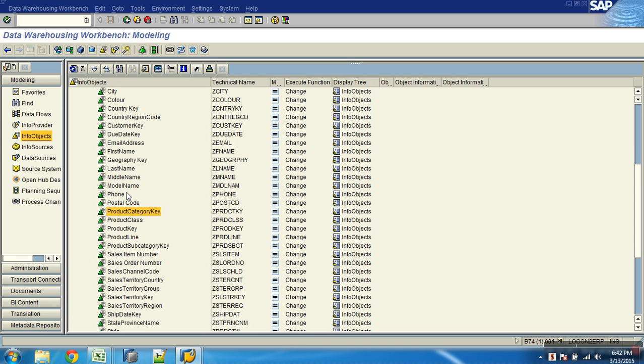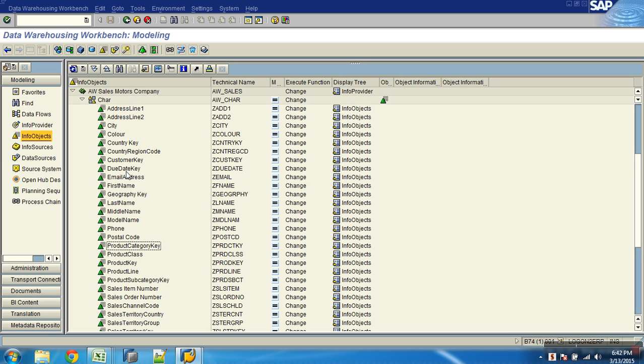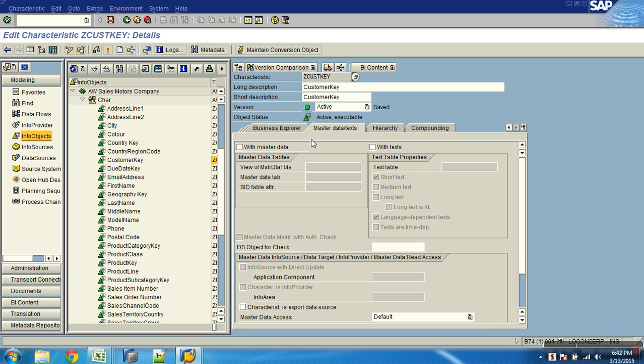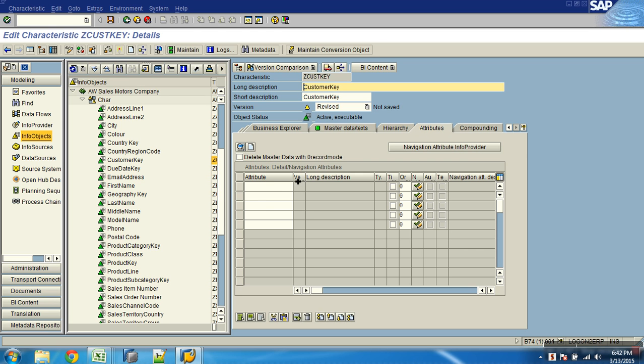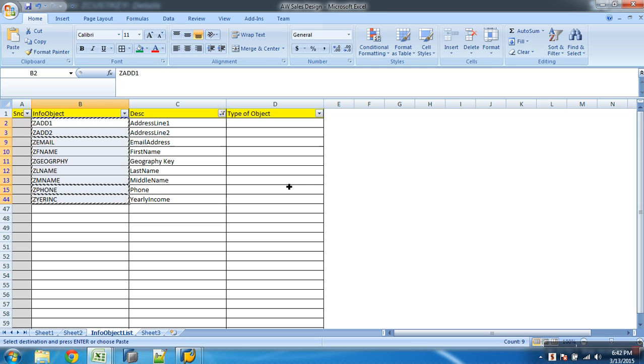So I'll go to BW. Where is my customer key? This one. Right click on this and say Change. So I indicate I want an attribute table. What attributes? We can only list copy 5 here.